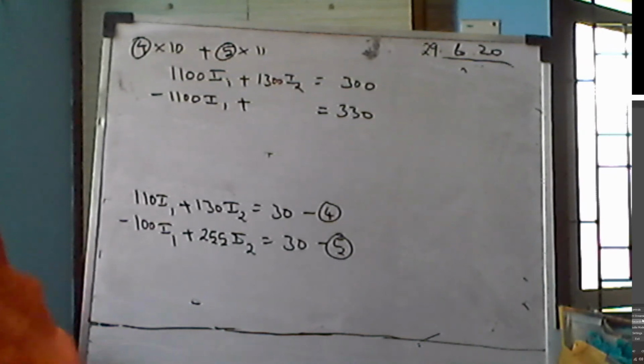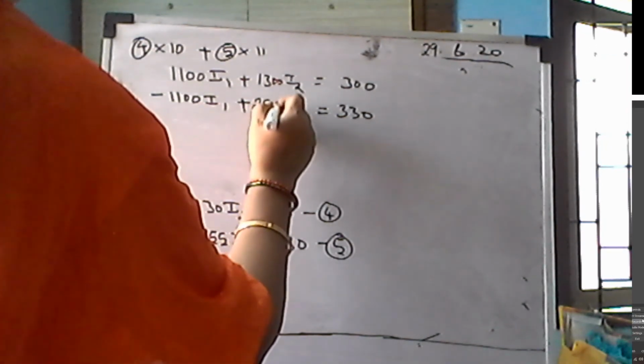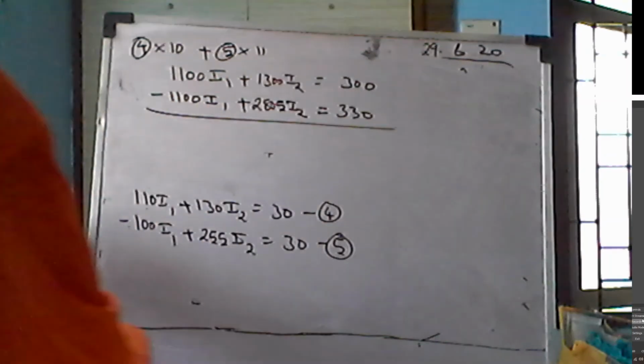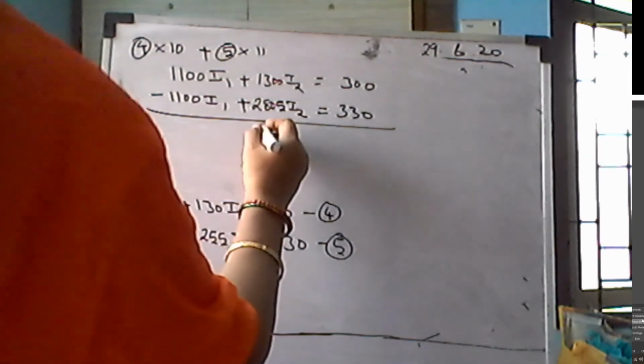We can do it simultaneously. So 330, that is okay. Now 255 into 11, 2805 I2. Now when you add these two, 2805 plus 1300, 4105 I2